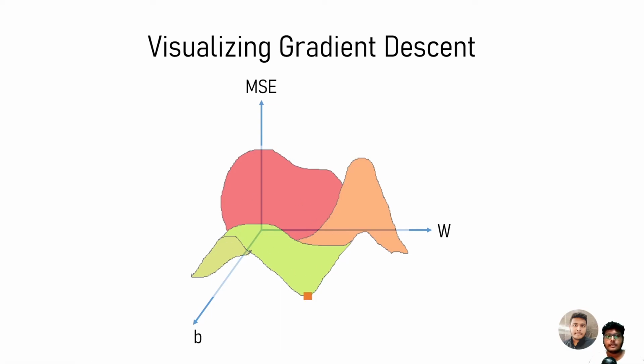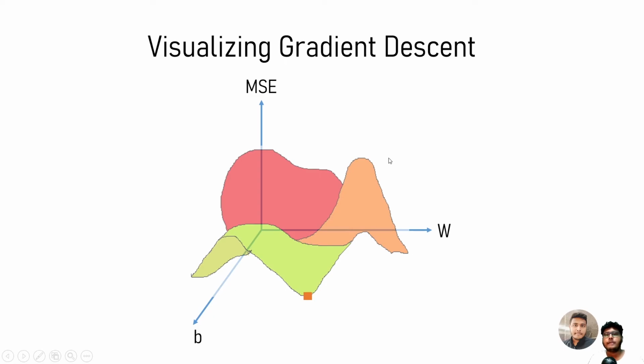So looking at this diagram, you can see that the minimum point is basically this one. So this is the point that you are going to find out, right? When you have to minimize the loss function, what I mean is basically you need to find the minimum point in this entire plane, right? Entire plane of loss function.